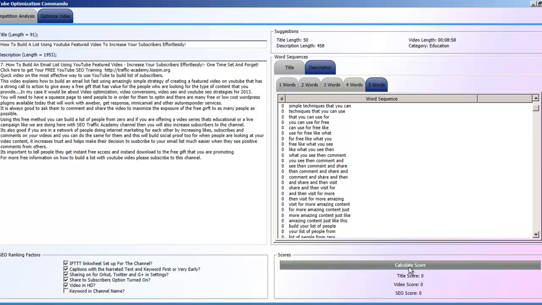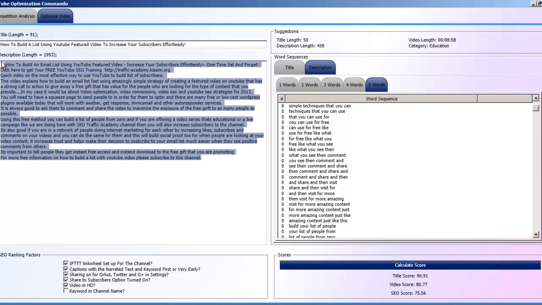Okay, so I'm going to click on the score here, and you can see the score instantly. My SEO score 75, video score 80%, and title score almost 91% here. So that's pretty good. Okay, so now I can just copy and paste this over